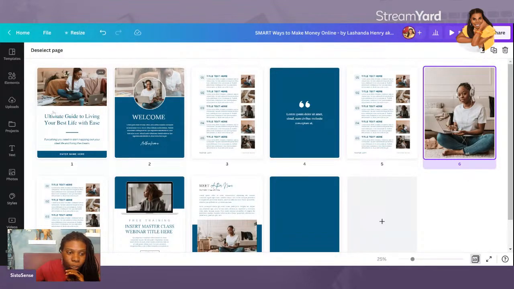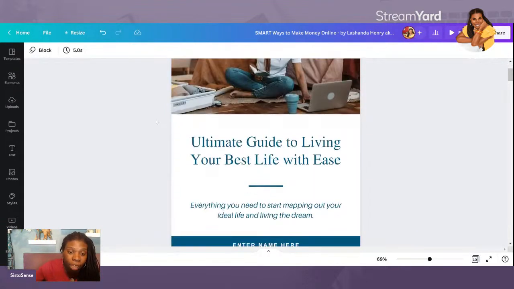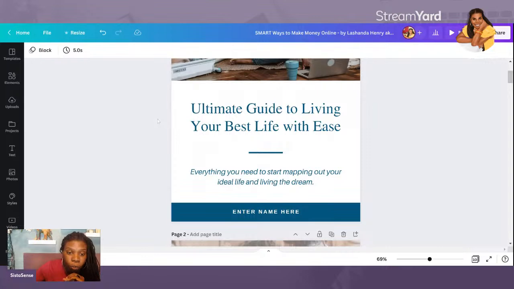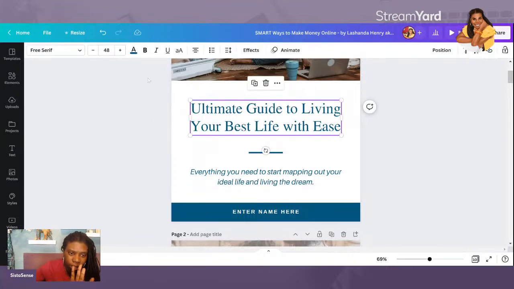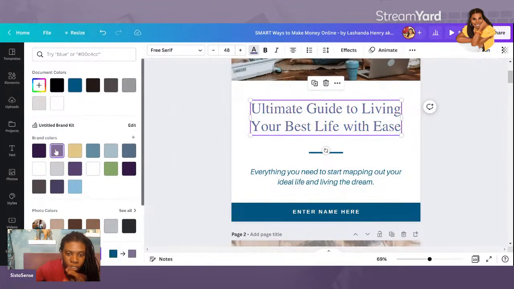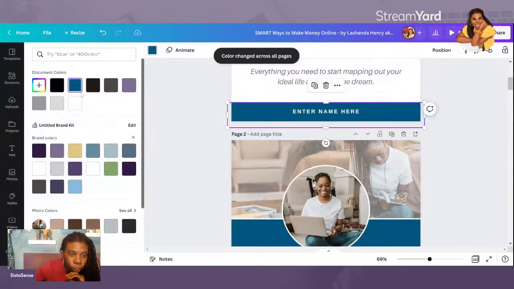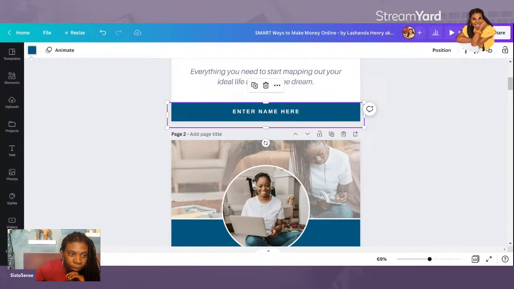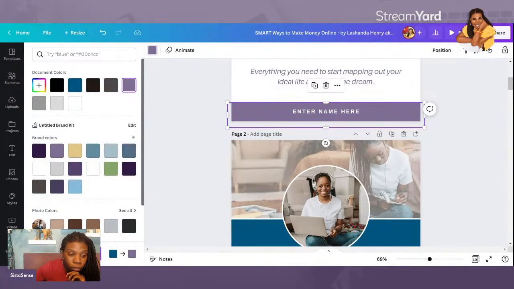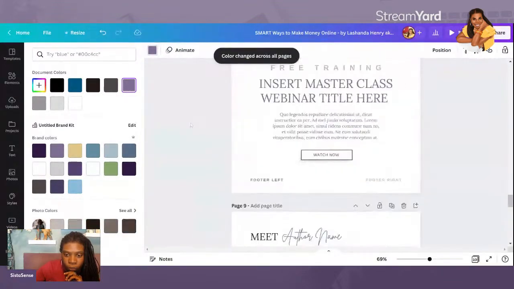And then the next thing that I'm going to do is to start working on my branding, colors, my logo, my stock photos. But let's jump ahead a little bit. Let's start off with color scheme. So I'll click on text and then change all to my brand purple. And then I'll click on that shape element that you see at the bottom there and change all. You see that right there that says change all,